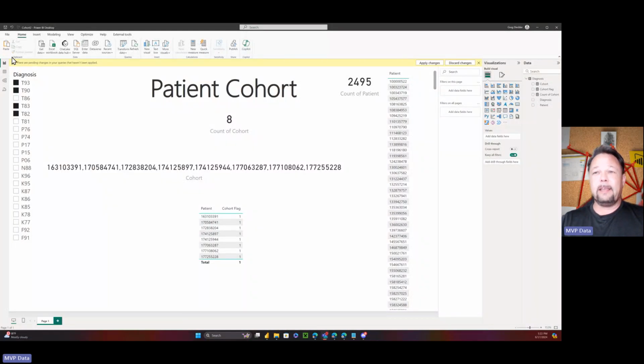My name is Greg Deckler, and today we're going to be revisiting the AND slicer in Power BI. The reason we're doing that is, well, one, it's one of my favorite little bits of DAX code that I've ever created over the years, along with probably Cthulhu and the DAX index. And also, I had a requirement come up in the community forums where instead of having a card visual, they wanted to be able to have a patient cohort or AND slicer